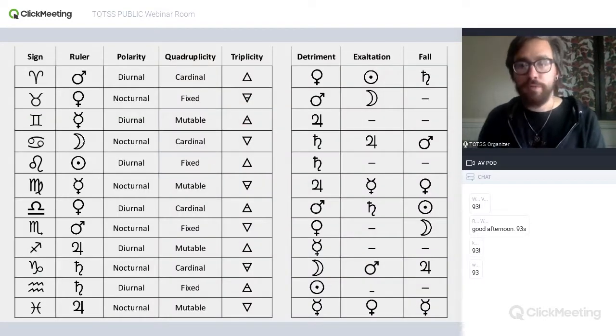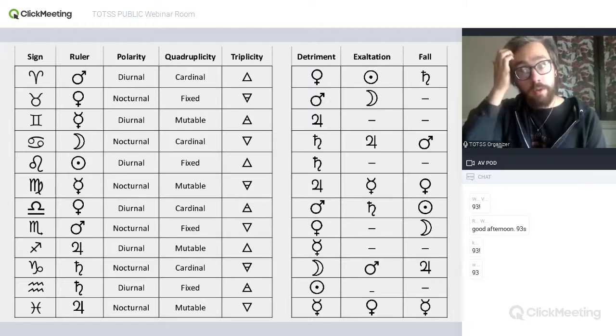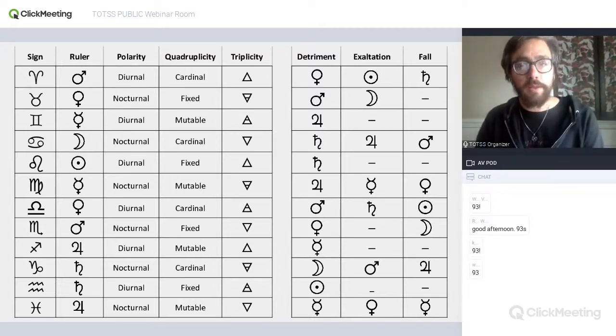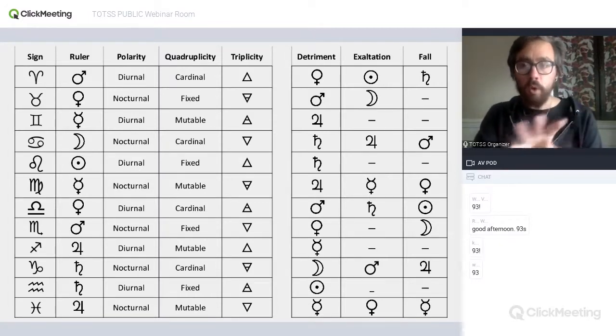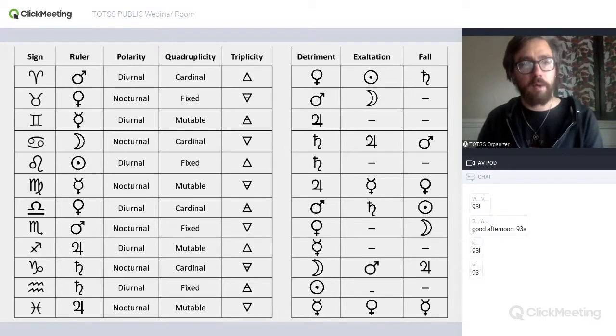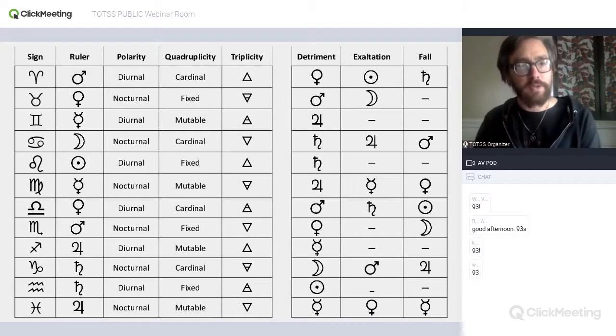Okay, so let's just move on from there. If you remember from our last class, this is kind of where we ended up. We built up some of the core concepts of the signs of the zodiac. So we have the signs there on the left, and then in the whole left portion of the table, we have the core, what I'm presenting anyways as the core determining factors and the meanings of the signs.